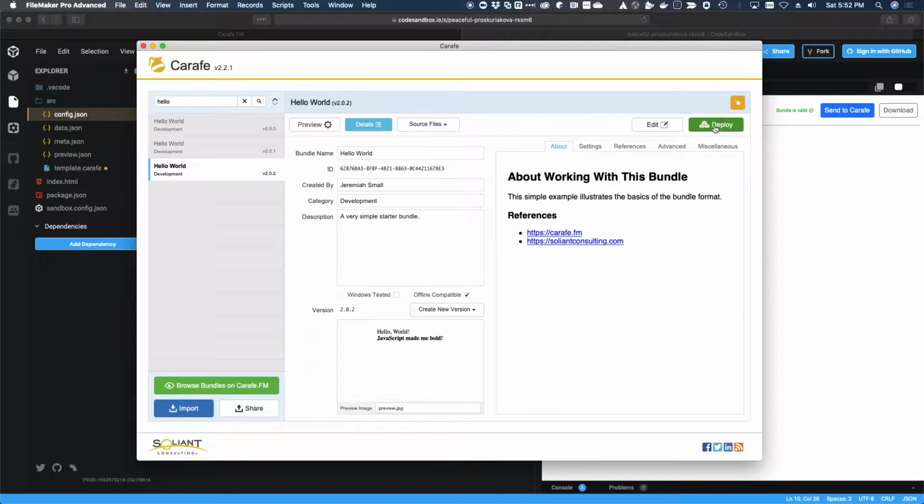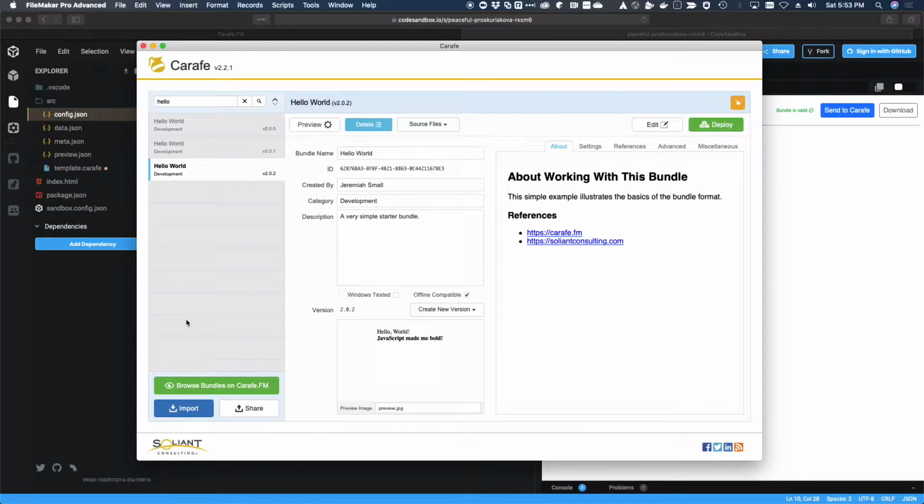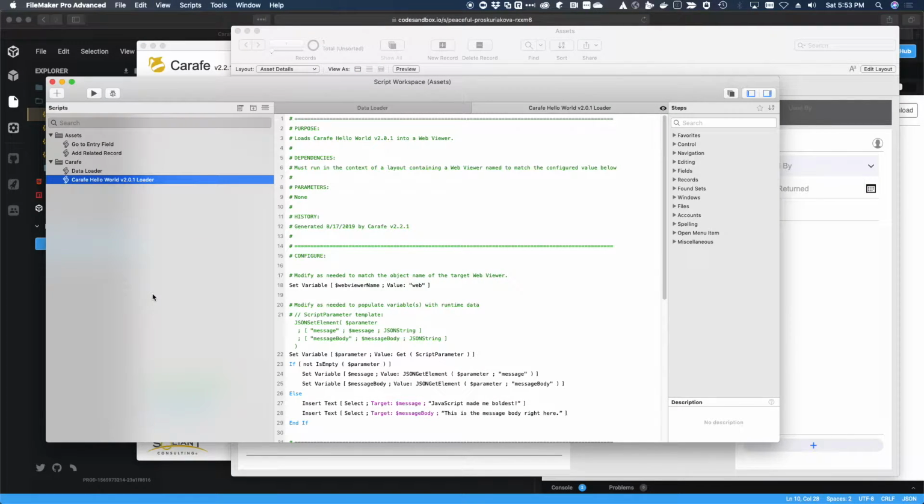So when it's time to deploy this, we might want to do a dev version. We might want to do a standard, a production version. It really depends on the circumstance, but if you're confident that this one is ready to be built and it doesn't need to connect back to Carafe for QA or whatever, it's your choice. Copy to clipboard, flip over to your production file,